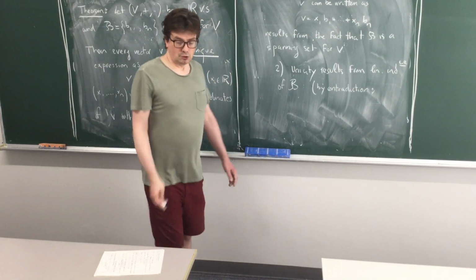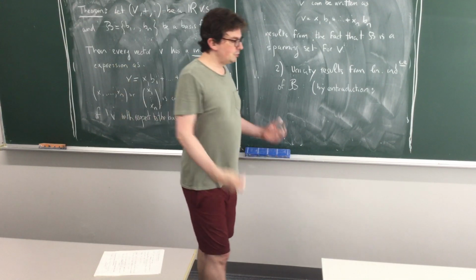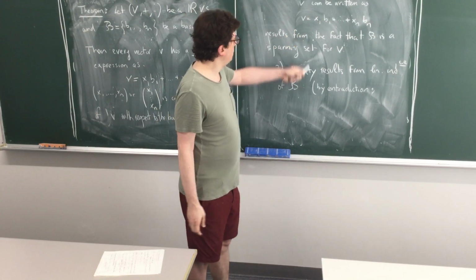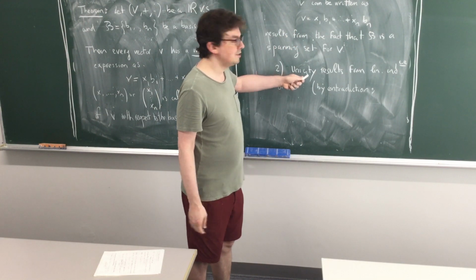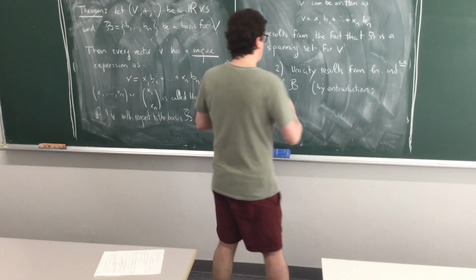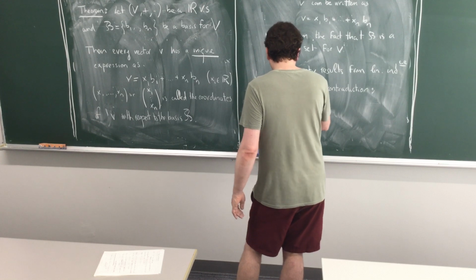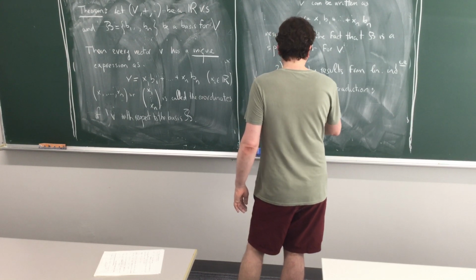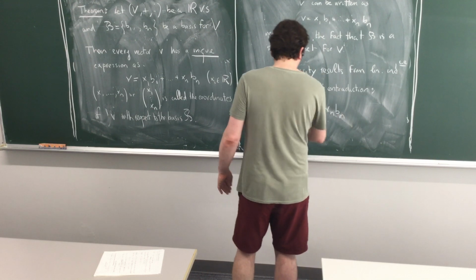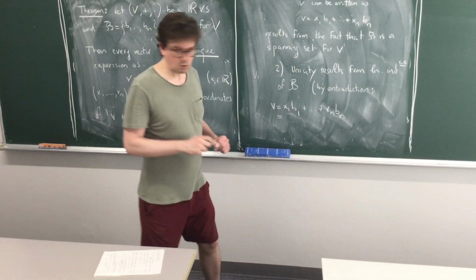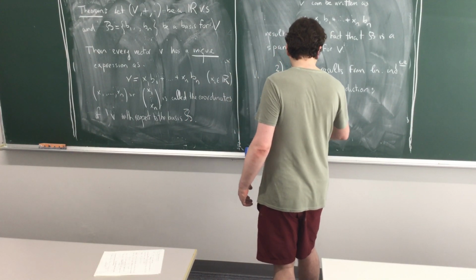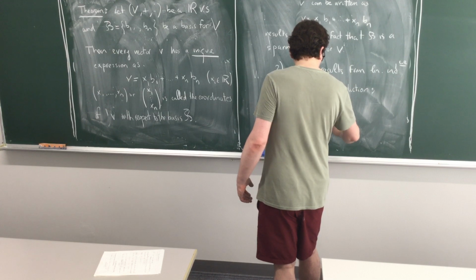You know that in proof by contradiction, you assume the opposite of what you want to prove. Here we want the uniqueness, okay? So we are going to assume that there is not uniqueness, that there are two writings. So we will have v equal x1 b1 plus ... xn bn. But it won't be unique, so we will have another writing, y1 b1 plus ... yn bn.